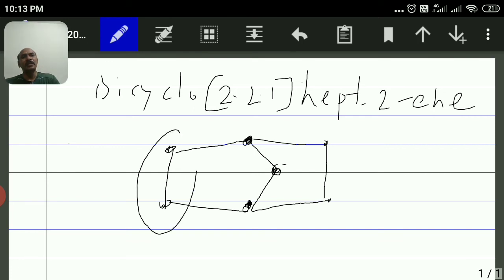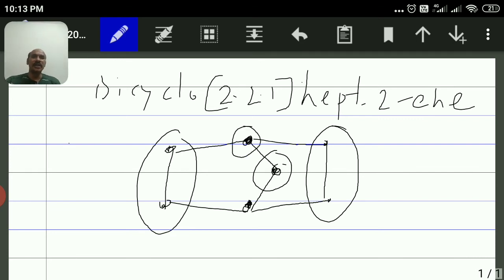Here there are 2 carbons, here there are 2 carbons, and here there is 1 carbon. It is a tertiary carbon, so that is a bridgehead carbon. But the name given is not heptane, it is hept-2-ene, meaning there is a carbon-carbon double bond, and that double bond is commencing from the second carbon. So the question arises how to number. So again, numbering starts with a bridgehead carbon atom.